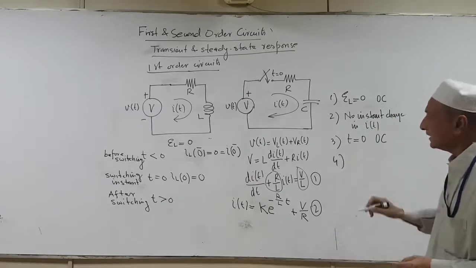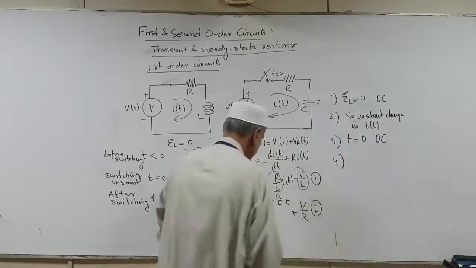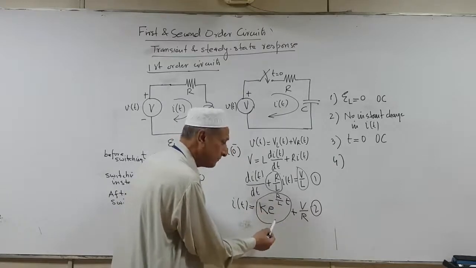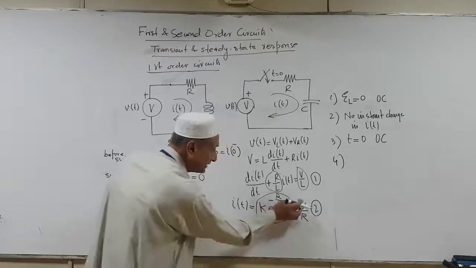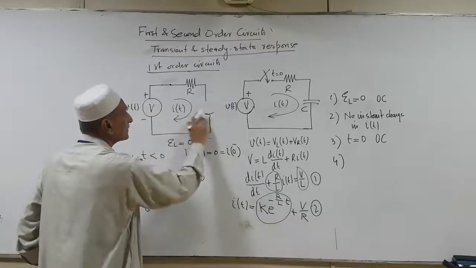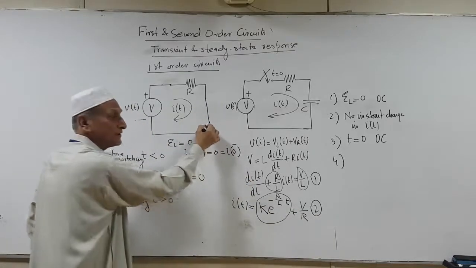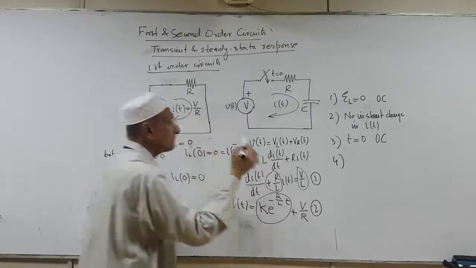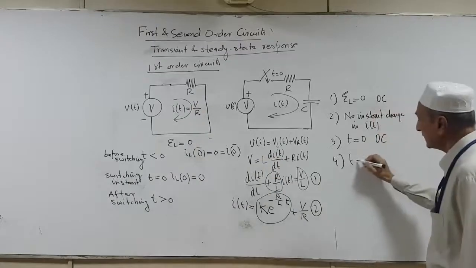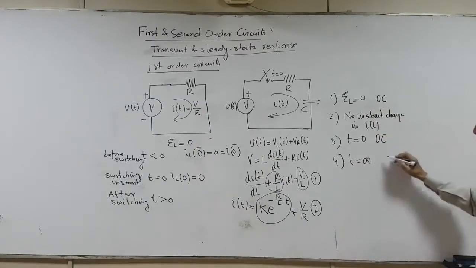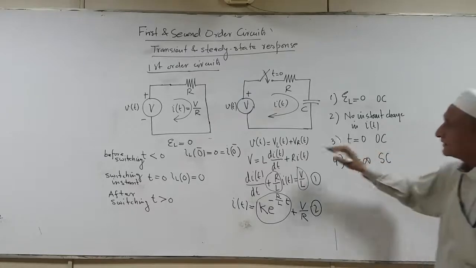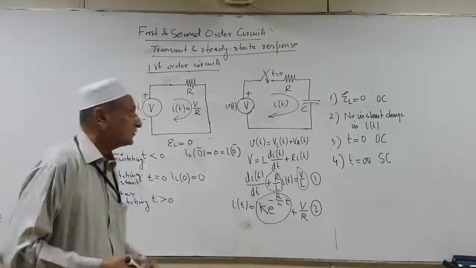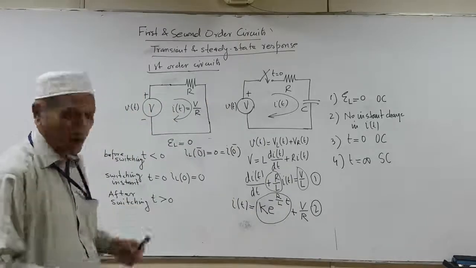The fourth one is under steady state. Under steady state means that if we get rid of this component by putting t tends to infinity, we are only left with this component V by R, and it looks like the inductor is short circuited, so the circuit current according to Ohm's law will be V over R. So for t equal to infinity, the inductor will appear as a short circuit. It means the voltage across the inductor will be 0. So this is something to do with the RL circuit.